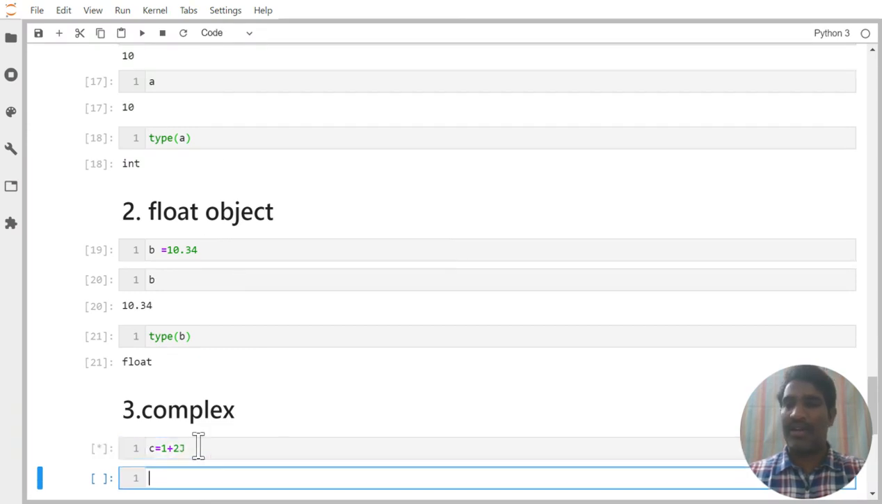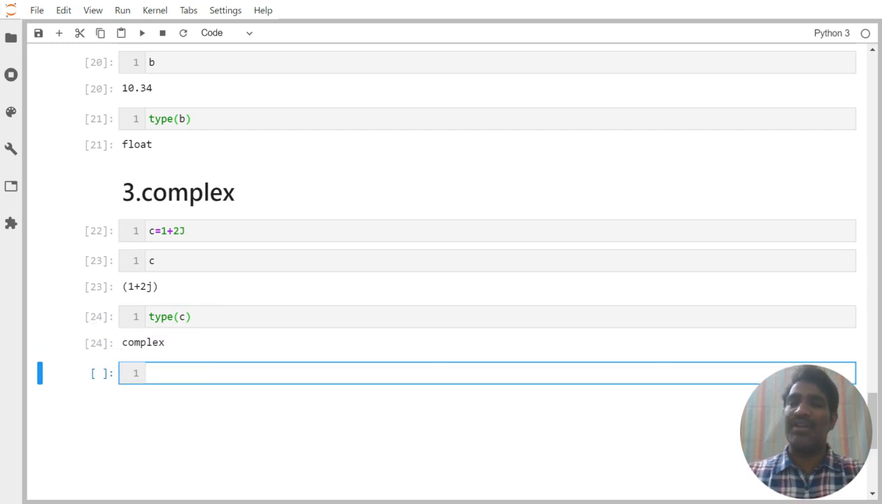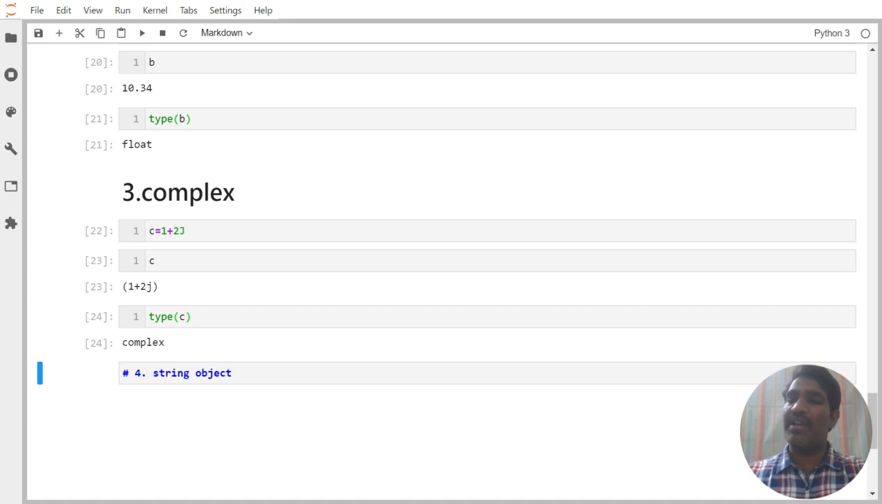The j is very important. Because of the j only, the system will decide it is a complex. If I write type of c, we are able to observe it is a complex. Now the fourth one, the string object. So a string object you can define using